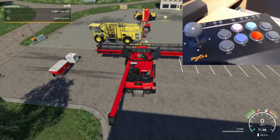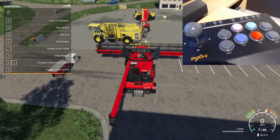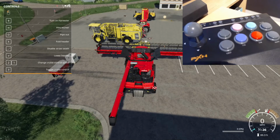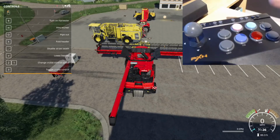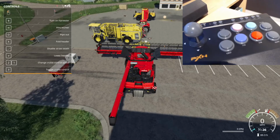Right, the next thing we need to be able to do then is I like to be able to adjust the end of the auger pipe, and I also like to be able to adjust my reel up and down. So what I'm going to do, I'm going to switch that to the D-pad setting because that's our setting that we vary, whereas the other setting is specifically for going forward, backward, cruise and lift our tools up. I'm going to go in the menu here,